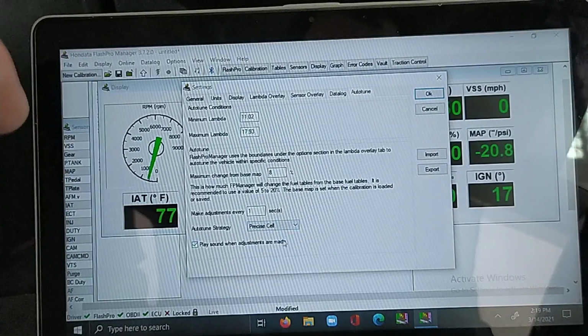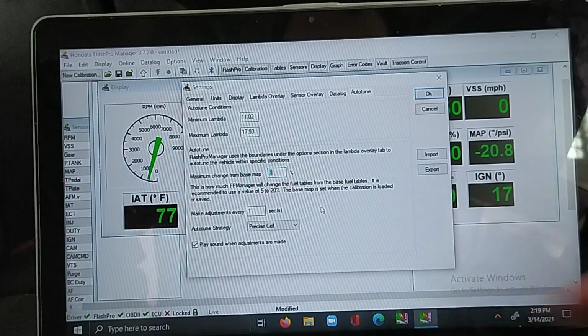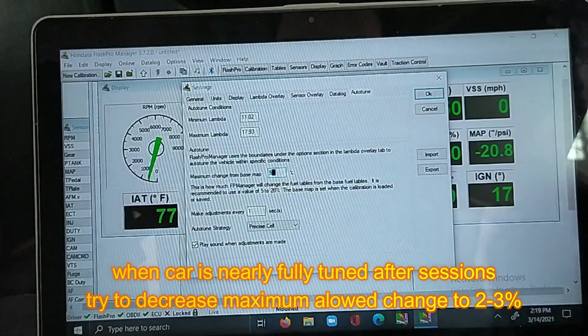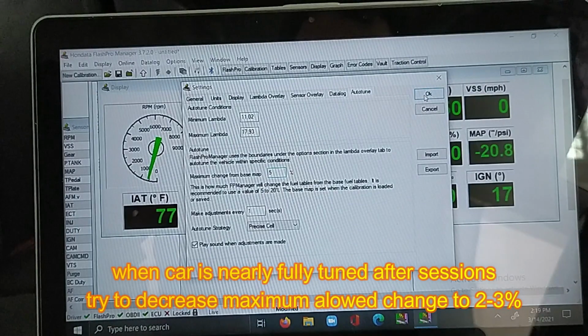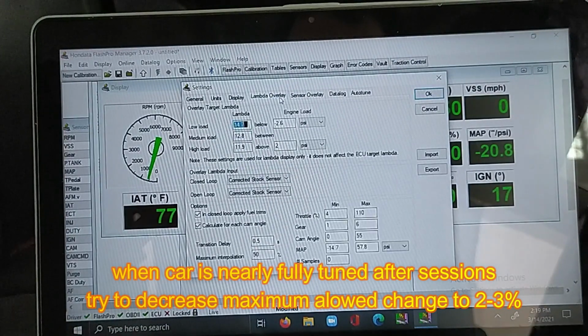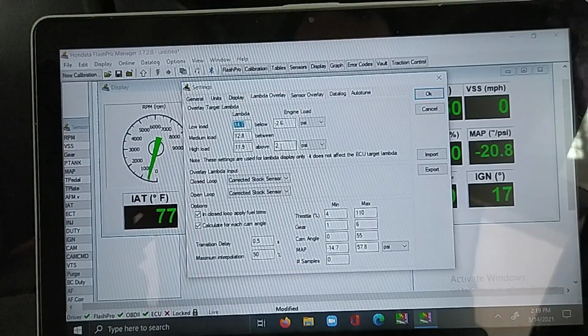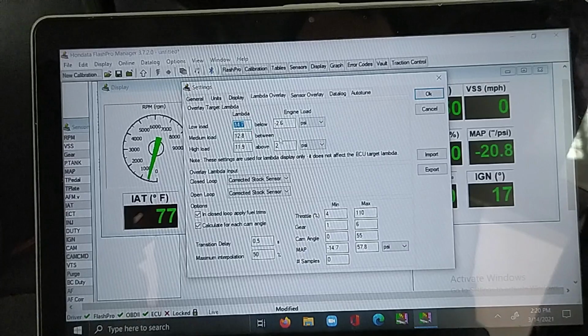This is the ultimate fine tuning, okay? And we will set it to nearly 5%, okay? Further narrowing down, okay? Then we will be set, okay? And also let me show you my boost section. Above 2 psi it will target 11.9, and between this and this it will target 12.8, and low load is between this and this, okay?